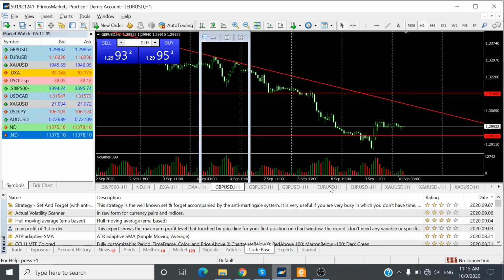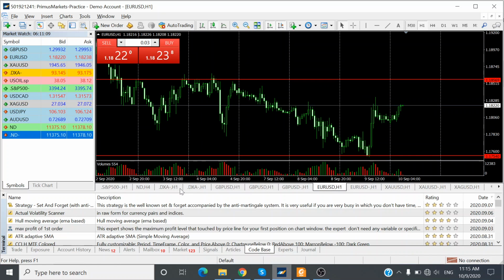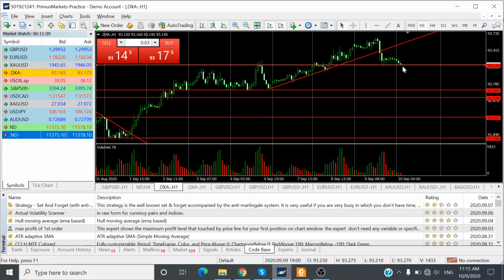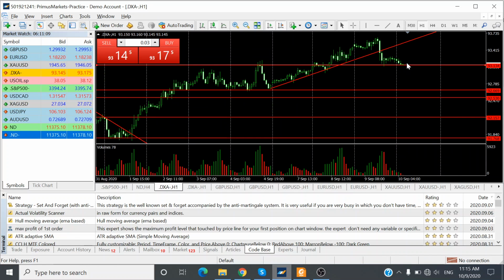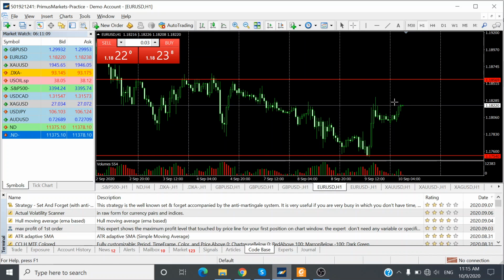Okay. As for the euro dollar, again, if the US dollar doesn't find support and continues to weaken, we could see the euro dollar continue to move up to the next target price of 1.1856, which is about 35 pips to the upside. And if the US dollar finds support and strengthens, we could see the euro dollar weaken back